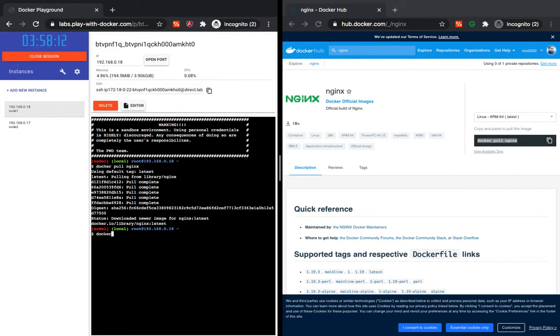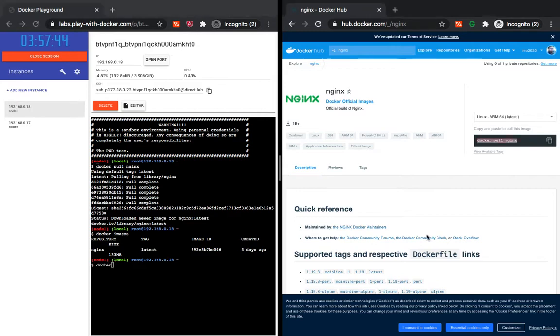To check if it has downloaded properly, we can type docker images, and as you can see, there is the Nginx image downloaded, and now I can spin up a container